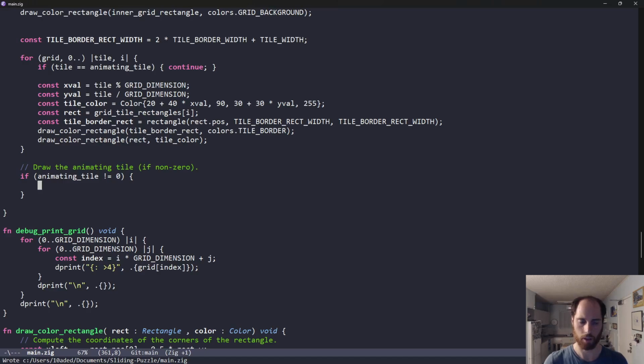I'm thinking, before we even start moving stuff around, I'm tempted to just draw this animating tile with a debug color, and then we can actually start moving it properly. But I want to build the code infrastructure around this first. So if the animating tile is non-zero,